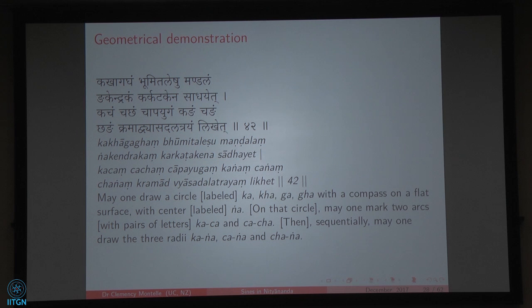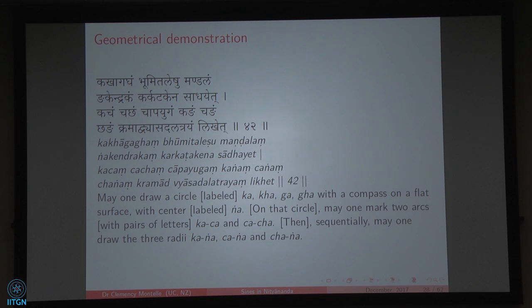Now, the verse that he starts off with to demonstrate this is a very lovely one, and something very novel is going on here. I'll just read you a little bit of it. Kakagagam bhumitaleshu mandalam nakendrakam kartakakena sariyet. Now, those of you that know some Sanskrit will know that kakagagam is a funny-looking word. Okay? And in fact,